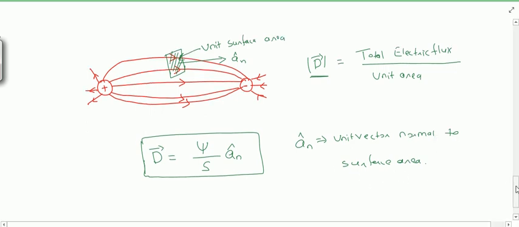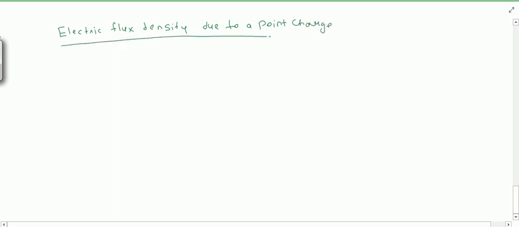so now let us see electric flux density due to a point charge. पॉइंट चार्ज की वजह से इलेक्ट्रिक फ्लक्स डेंसिटी कैसी होगी? So for a point charge, let us consider a point charge this. ठीक है, पॉजिटिव चार्ज कंसिडर कर रहे हैं अभी यहाँ पर हम. ठीक है, अब इससे इलेक्ट्रिक फील्ड लाइंस क्या होंगी? रेडियली आउटवर्ड होंगी. इलेक्ट्रिक फील्ड लाइंस कैसी होंगी? रेडियली आउटवर्ड होंगी. सो if I am considering a surface